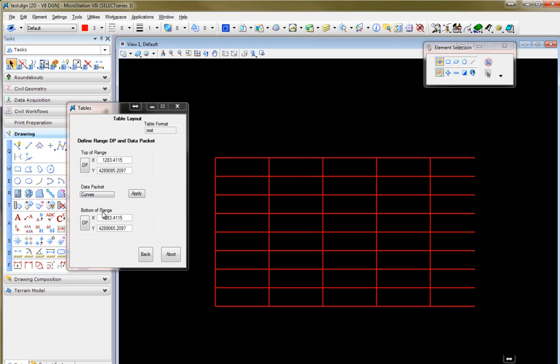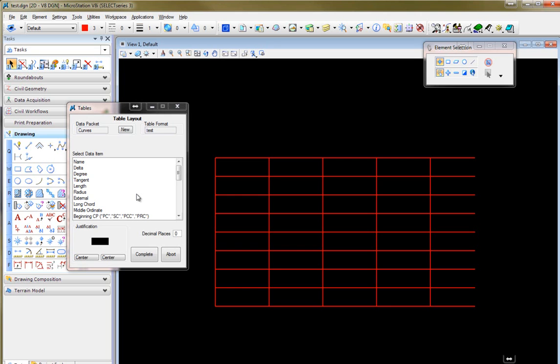The DP and the bottom are still the same. I'm going to apply. Now the name, I see now is a lot bigger, maybe a little too big, but you get the idea. Basically I'll place that wherever I want it here,